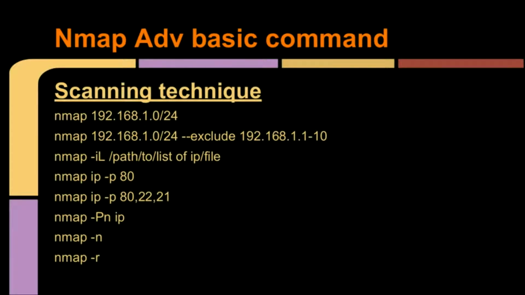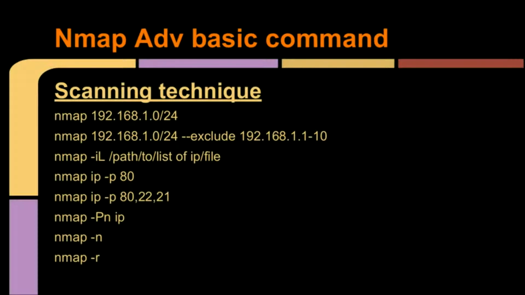Suppose in your network 10 PCs are running in a production environment, so you have to exclude them. Obviously you are not going to scan the production segment with Nmap. So here is a small command, --exclude. In a complete network scan, Nmap will exclude the first 1 to 10 IPs. Here you can explicitly write one IP or 1 to 10 IPs. That is the standard Nmap input format.